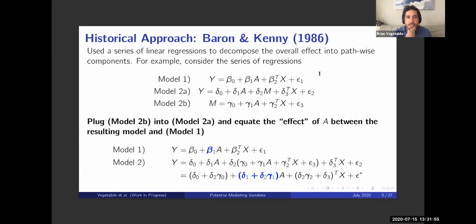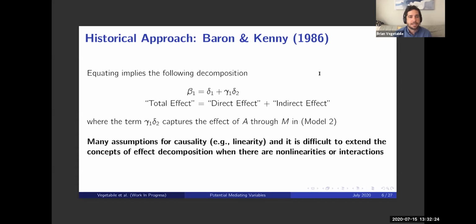The historic approach to this is through Baron and Kenny, which uses a series of linear regressions to decompose the overall effect into its pathwise components. So it takes these series of regressions, takes model 2B, plugs it into 2A, and then equates the effect of the treatment between the resulting model and model 1. And so you can see here, this blue beta 1 can be equated to this new parameter delta 1 plus delta 2 gamma 1. And we can get the decomposition of a total effect is equal to a direct effect and an indirect effect that we expect